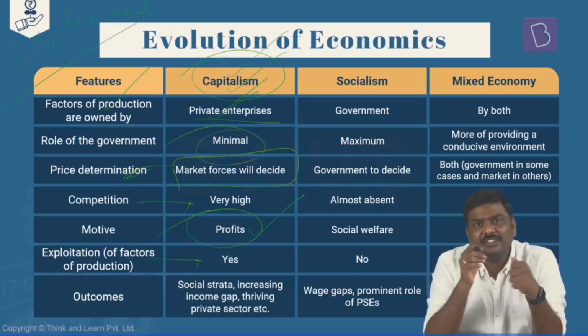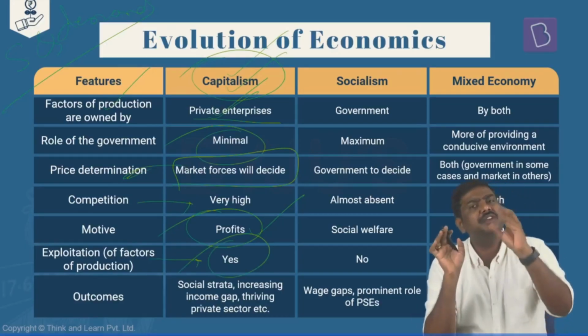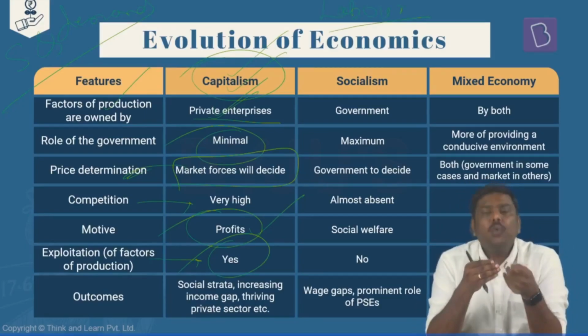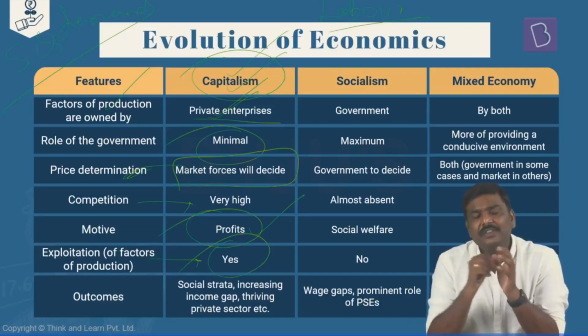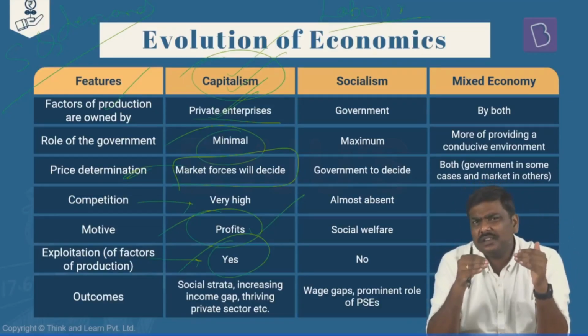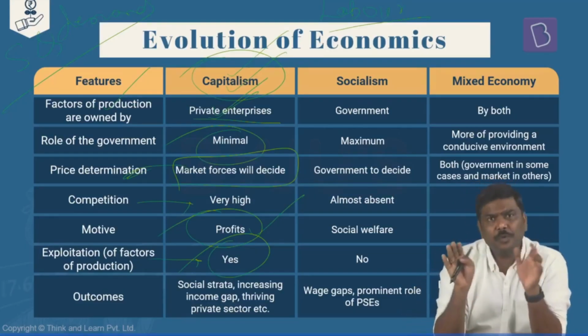Is there exploitation of factors of production? Yes. In case of capitalism, there will definitely be exploitation of the resources, for example, labor. One of the advantages associated with capitalism is efficient utilization of the resources. Whatever resources are there, we want to utilize them and attain as much maximum output as